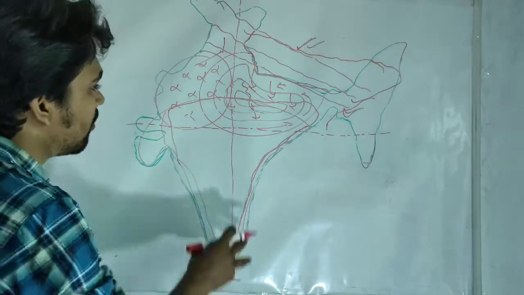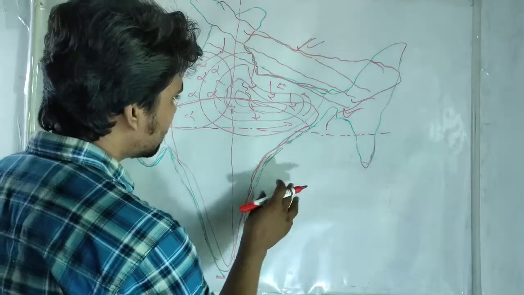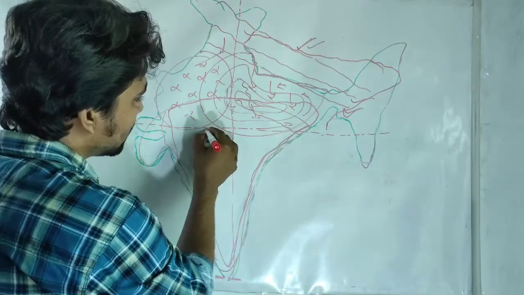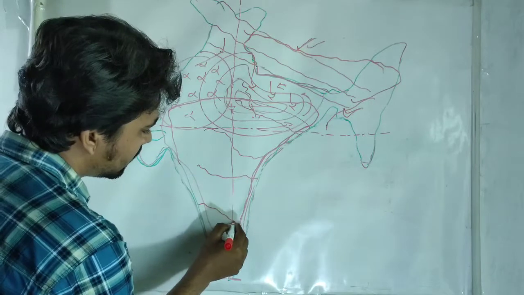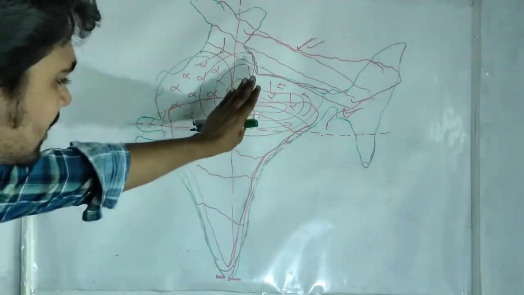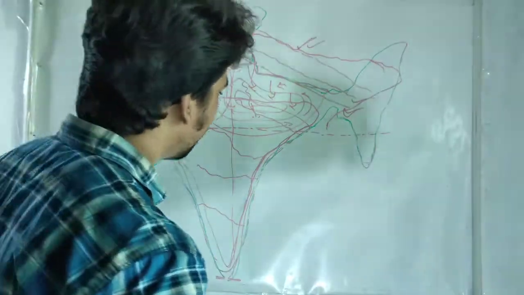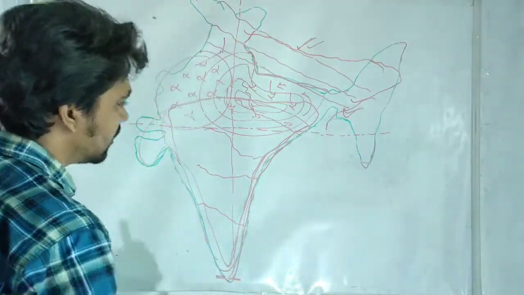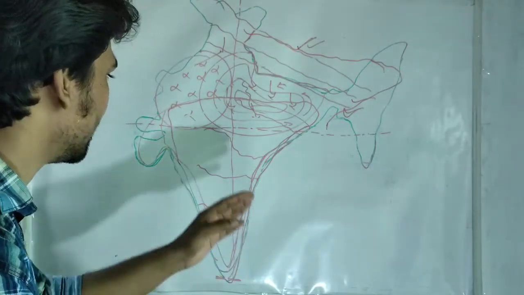Dear friends, on the plateau side there are some other seasonal rivers also, such as Mahanadi, Godavari, Krishna and Kaveri. Friends, we will discuss the drainage pattern and rivers of India in upcoming classes, so you need not worry here. Firstly, we are taking a small brief of India.